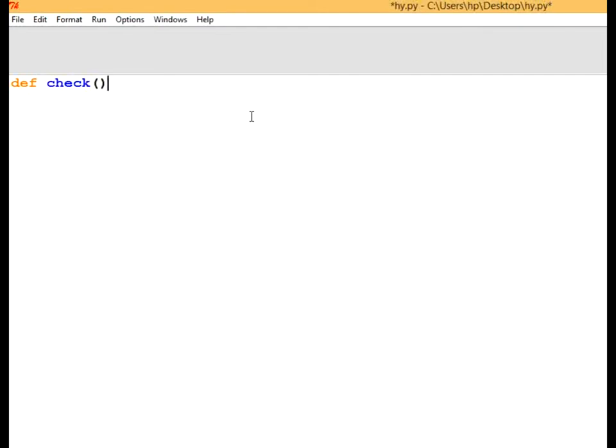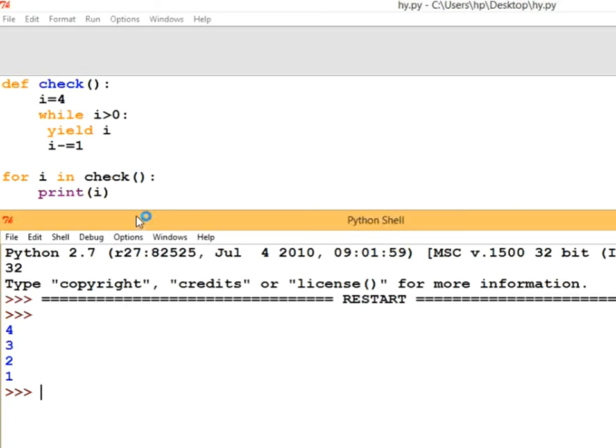Here what we have done, we have defined a check function. After that I have given a value of i, that is 4, and then I am using a while loop. i is greater than or equal to 0, means the while loop will keep on working until it is greater than 0. Then I have used a yield statement. Then I am subtracting 1 from the value of i, i minus 1 equals 1. Then I have used a for loop that will check the value of i and then print the output. So first of all, 4 I have given, so 4 is greater than 0, so it will give me the output as 4. After that it will subtract 1, then 3, then 2 and 1. And you can also see in the output, the thing that I've explained to you is given in the output.